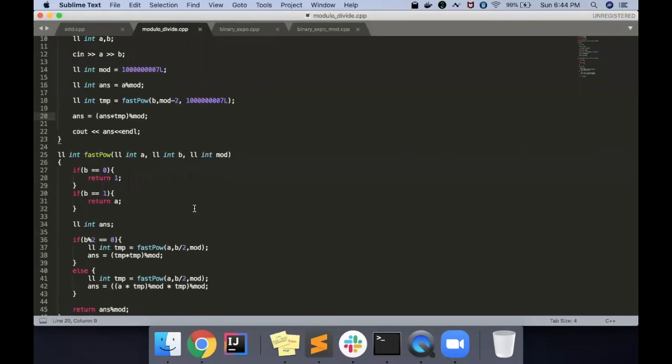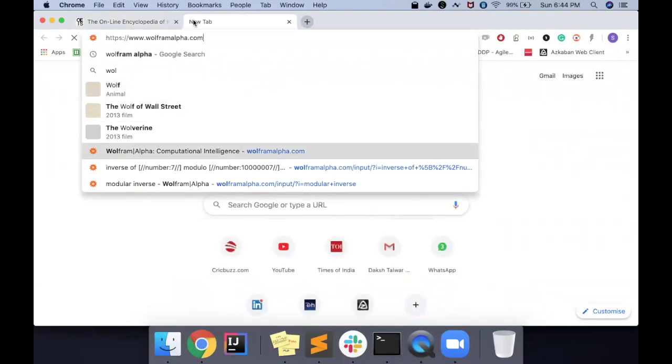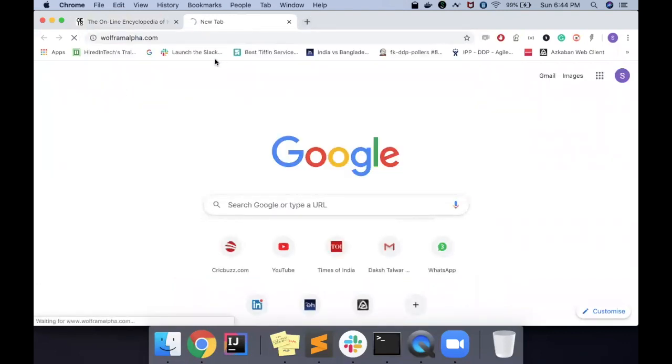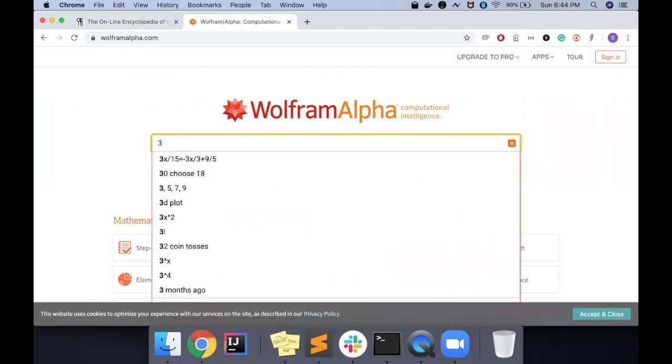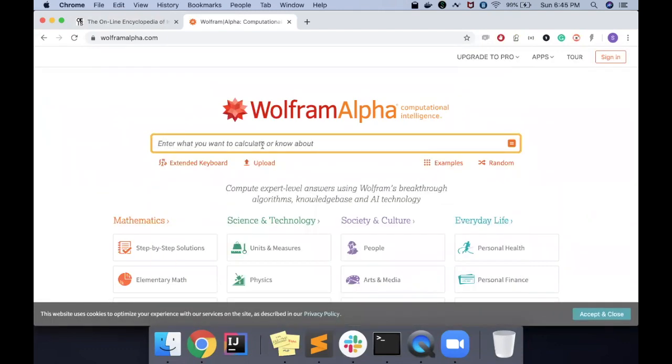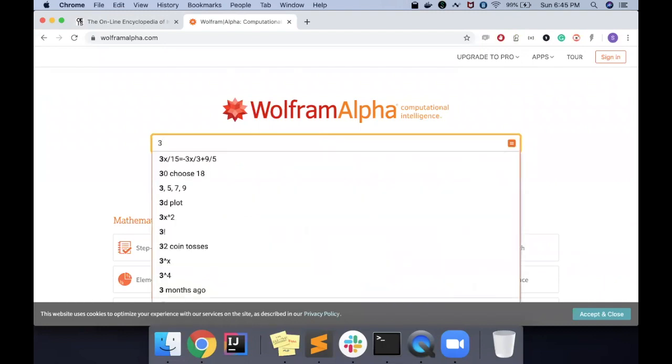Now the trick is, let's say you calculated it and you are getting a wrong answer. What will you do? How will you calculate? Because no calculator will give you this answer, 3 to the power 1000. It is a very big number, right? So one website is there, I'm not sure you might be knowing or not. Wolfram Alpha. I used to use it very much during my college time. It is used a lot, I guess, a supercomputer, to calculate the answers in very little time.